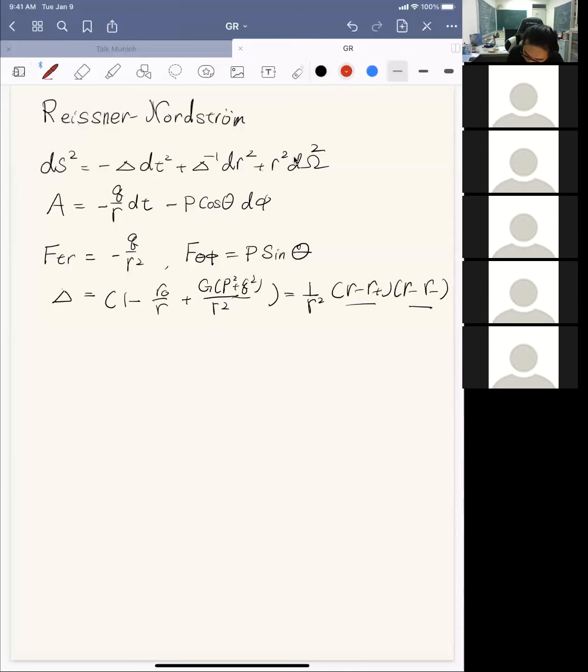So once again, we're going to do exactly the same thing as for the Schwarzschild black hole. Because of this singularity, if we draw it out, this delta is appearing in the denominator in your radial component. So when we talk about the black hole, let's look at the metric as a function of r. We know that there's r plus and then there's r minus. Those are the two roots of your delta, and therefore your coordinate is bad here and here.